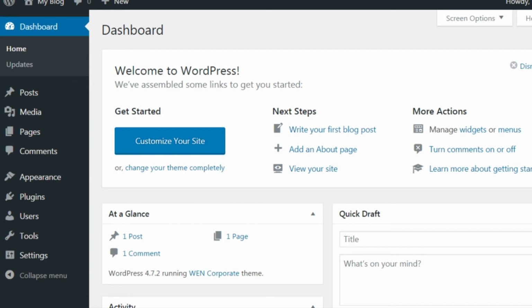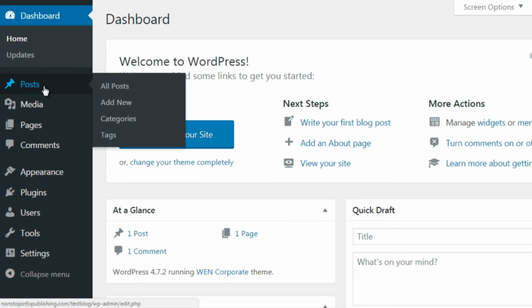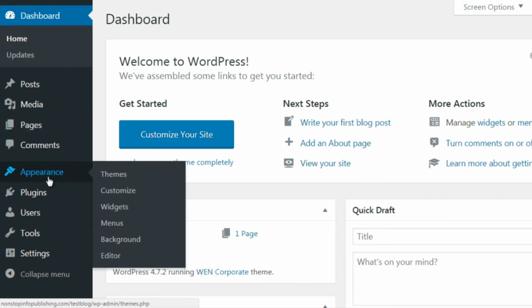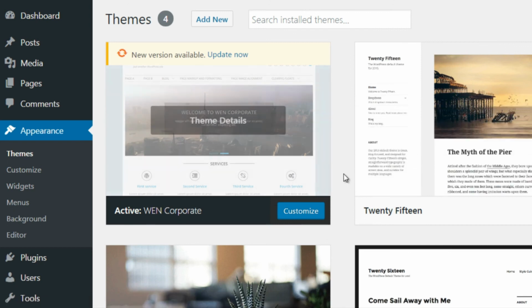Now, the app installer is going to give you access to the WordPress administrator dashboard, as you can see here. And all you have to do is literally, whenever you create a post, you can go here, add new posts, and you can add new pages. You can also change the appearance by going to appearance and themes. So let's say, for example, we don't like this particular theme.